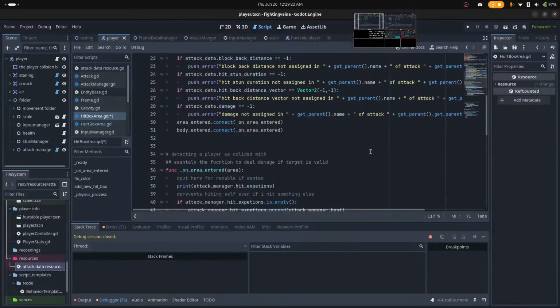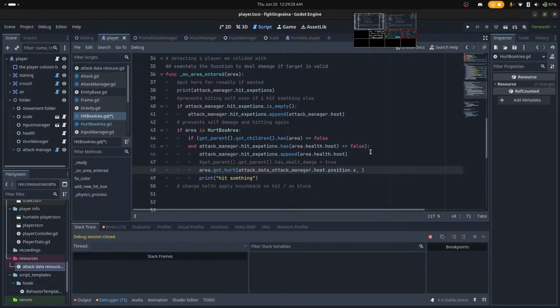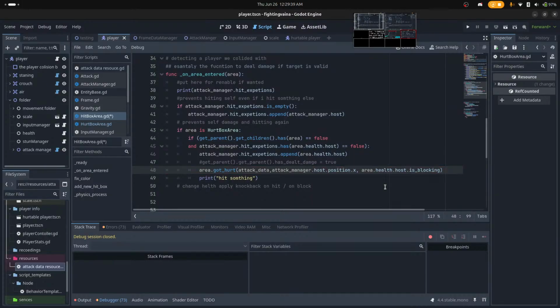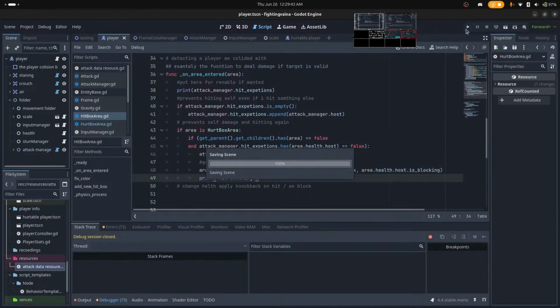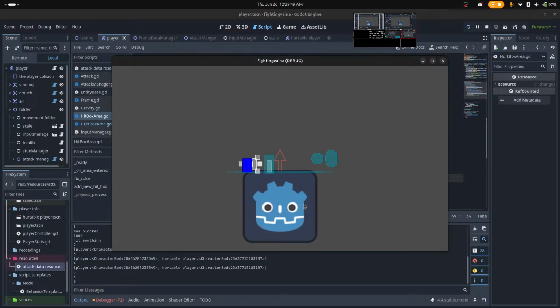Okay. We've got the area, which has what? Area.health.host. Yeah, that's no reason. Dot is blocking. Okay, so now this should do some damage.